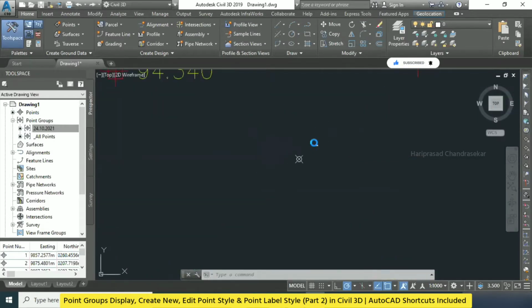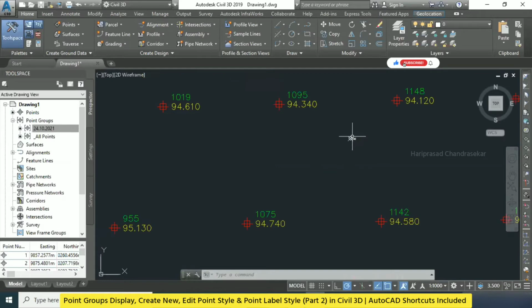What happened? Scale, select this. Scale factor, I will put a 2.5. So point style, we can't. Point style, you cannot scale up because it's screen relative. Yeah, it's just a point only. That's why what we can do is put the explode command, or we can do it in the property also.